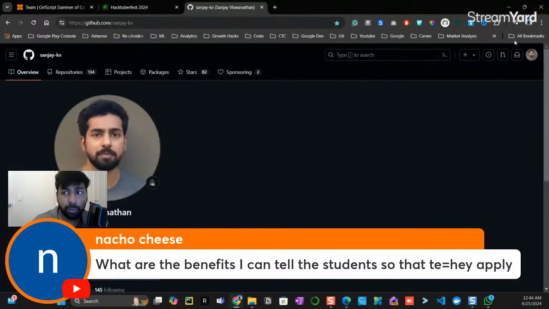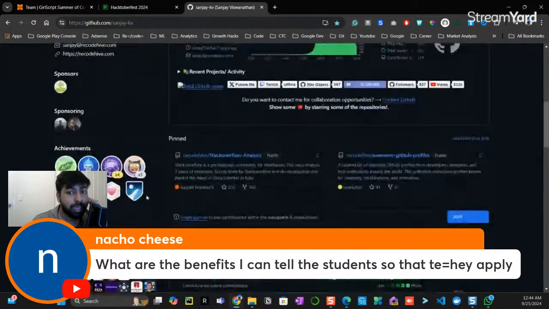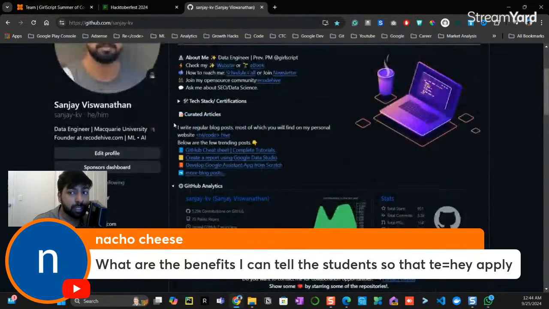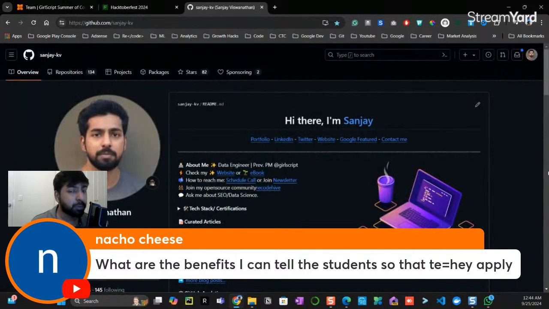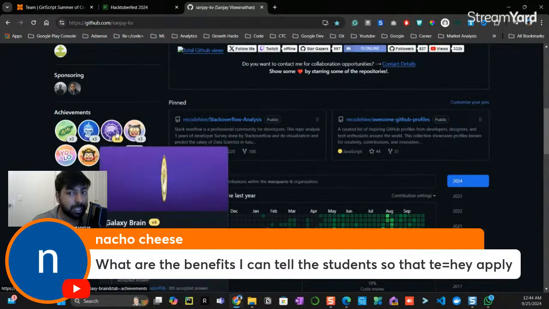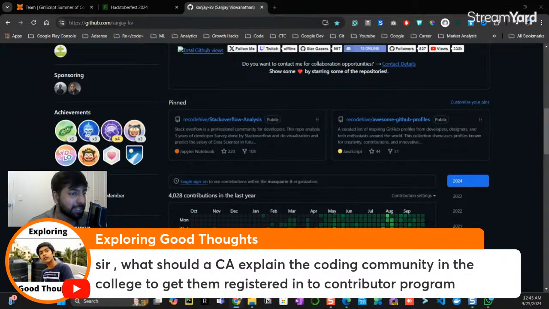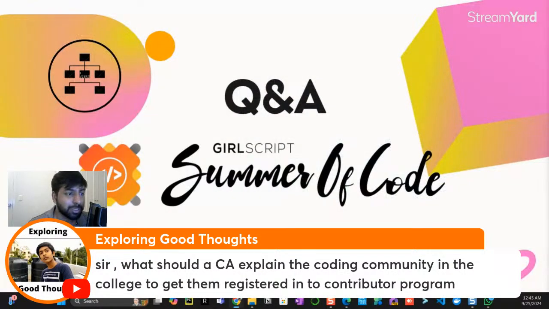Whoever makes a great contribution towards the program will get sponsorship, and I will also be teaching them to build an awesome GitHub profile just like this, and how to get the GitHub badges just like this. I will also be giving some perks here and there, and referring them for the GitHub Campus Expert program. That's pretty much what I can do to help people learn and understand what GSoC is and move towards open source.